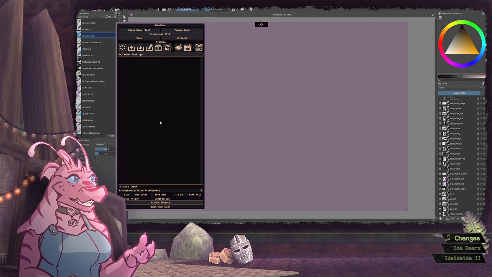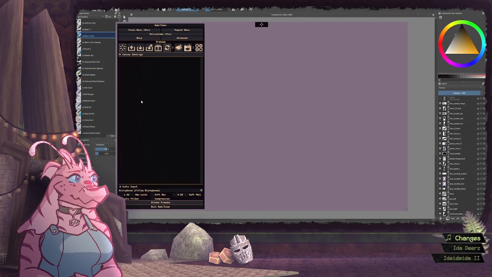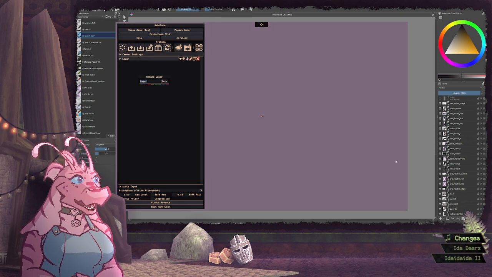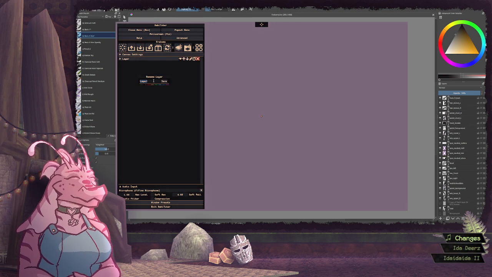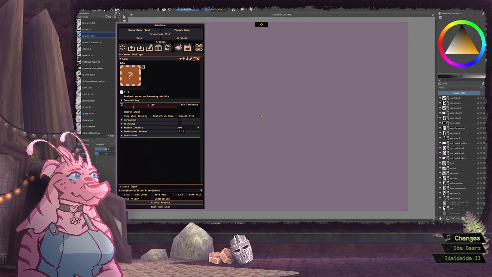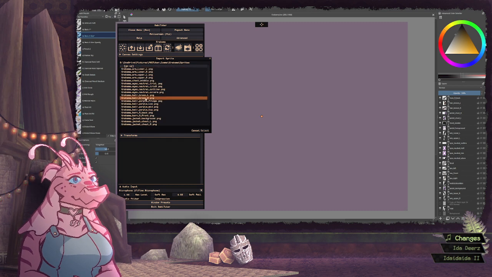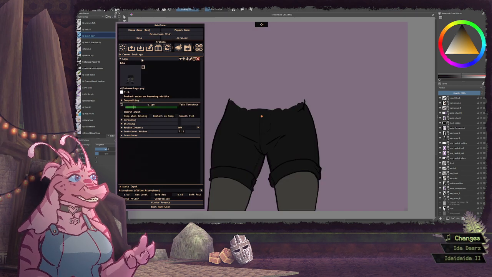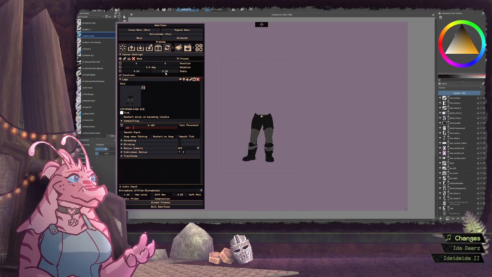Cool. So, first layer. That is going to be legs. Import the leg sprite. That's quite large, so I'm going to scale the canvas down.